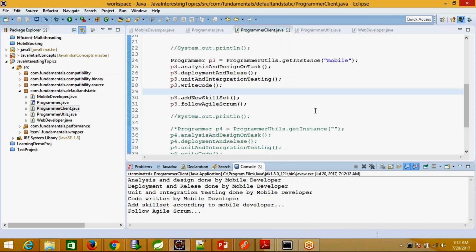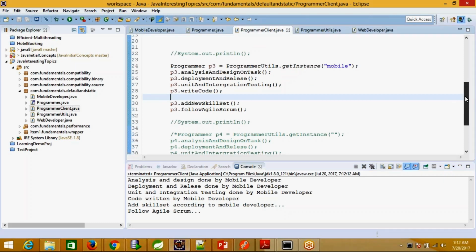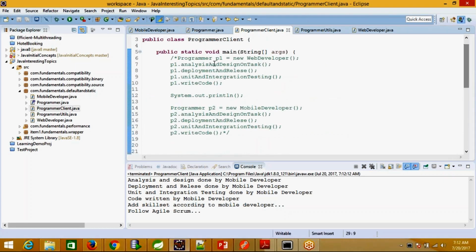So you can give the default feature into your respective interface itself, and that would be available to all implementing classes without writing any additional code. And if, say for an example, any implementing class wants to override that feature, it can do it easily without paying additional cost for others. So that is really good design. Now let's have a look at the static method in our part.